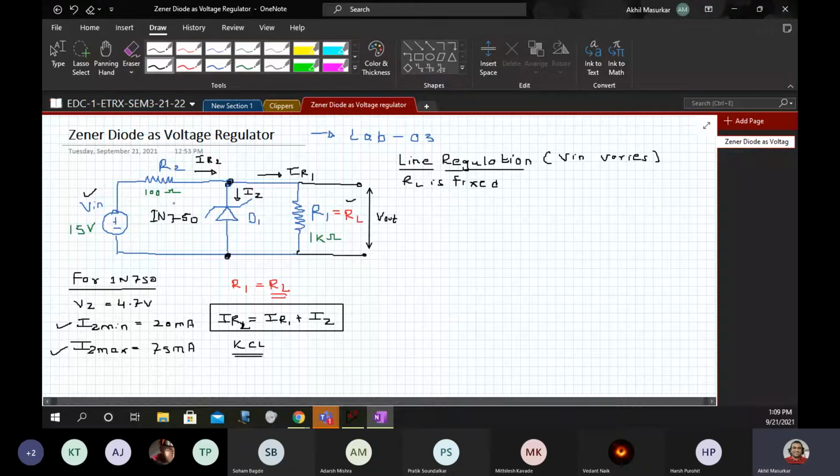So you can do a very quick calculation here. The voltage drop is Vz.